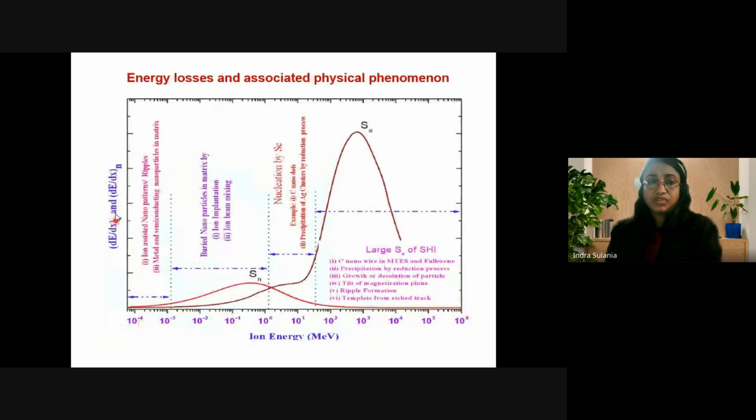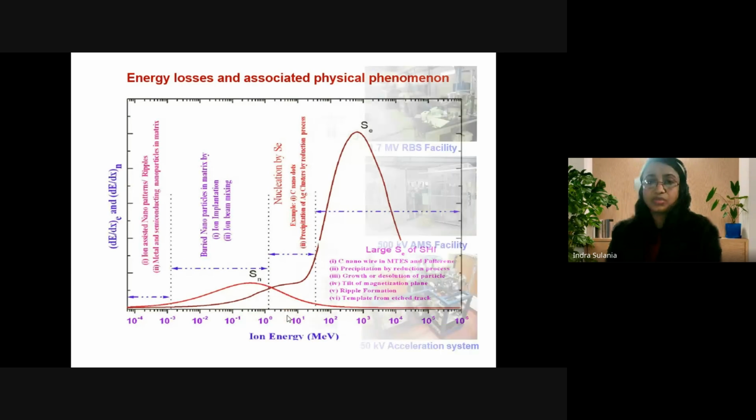So this is the curve of energy loss, where the x-axis is the ion energy and it shows how the ion deposits energy into the material, the energy losses. So you can see at the lower energy, kilo electron volts, nuclear energy loss is dominant, as I explained in the previous slide. And in the higher energy regime, millions of electron volts, electronic energy loss is dominant. And you can do such kind of interesting things at different energy regimes. And sometimes to get a synergistic effect, you can get the beam within this energy regime.